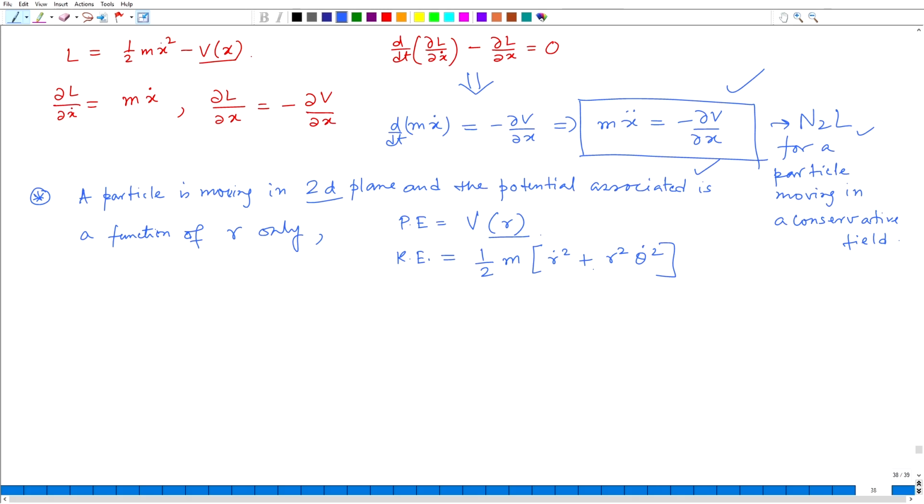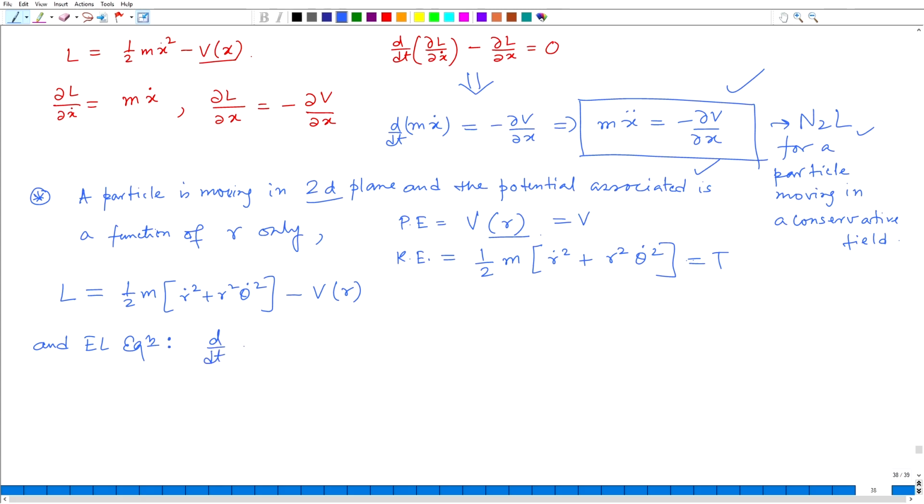And if you write this, then this is your T, this is your V, and the Lagrangian will be half m r dot square plus r square theta dot square minus V of r, and your Euler-Lagrange equation will simply be given by